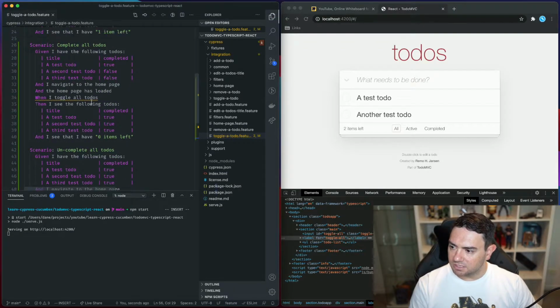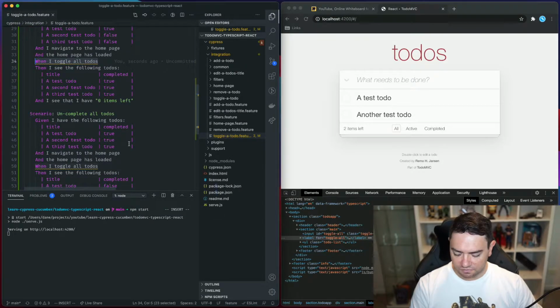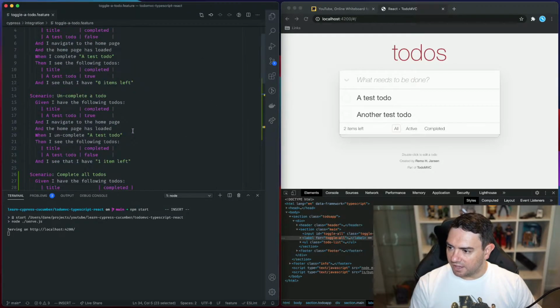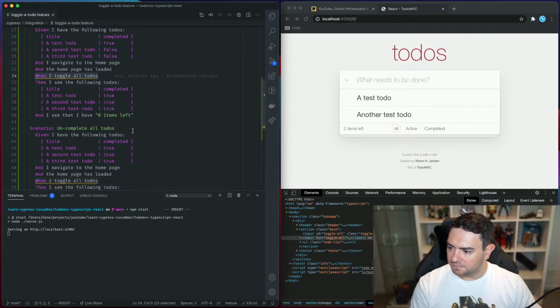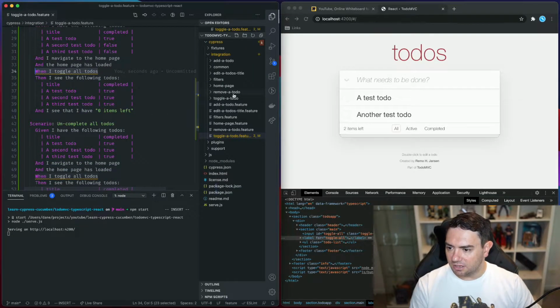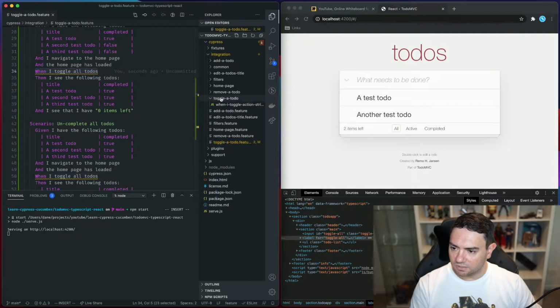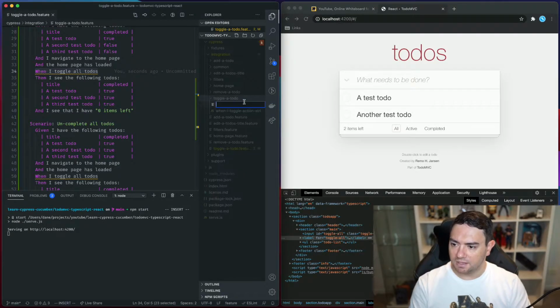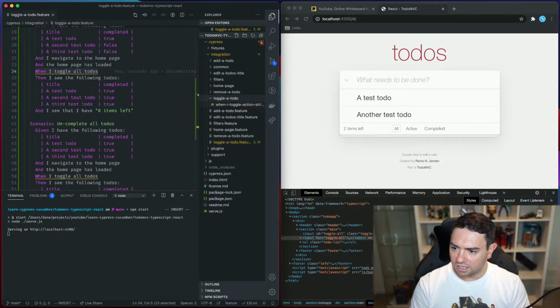Okay, so as we can see, there's only one step we need to implement. It's the "when I toggle all to-dos" that's clicking on here. The rest of the steps we can reuse from the rest of our code base. So let's add that step. Because it's in the toggle a to-do feature, it needs to go in the toggle a to-do folder. And we name it the name of our step. So when I toggle all to-dos.js,